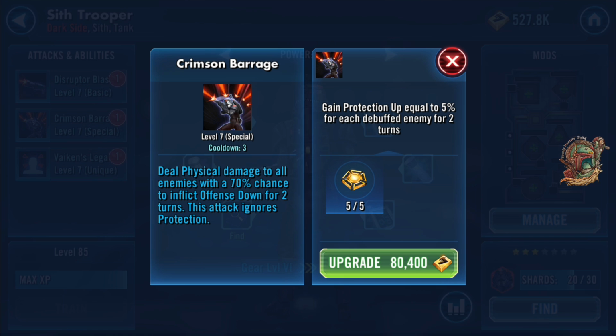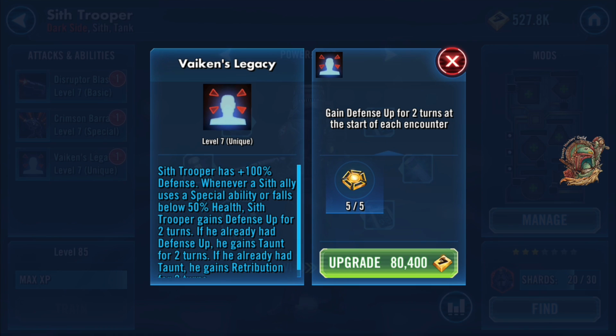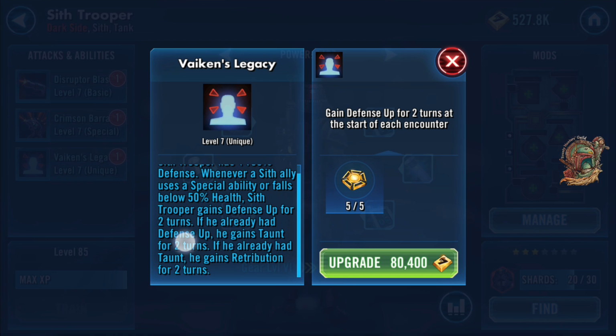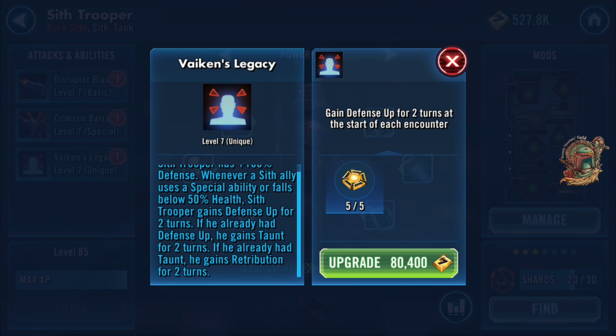And his unique ability is Viking's Legacy. Sith Trooper has a plus 100% defense. Whenever a Sith ally uses a special ability or falls below 50% health, Sith Trooper gains defense up for 2 turns. If he already had defense up, he gains taunt for 2 turns. If he already had taunt, he gains retribution for 2 turns. The Omega on this, equally as awesome as the first 2, gives defense up for 2 turns at the start